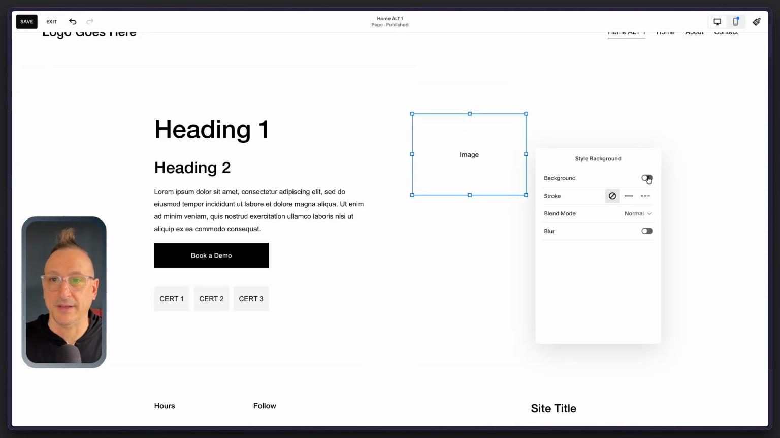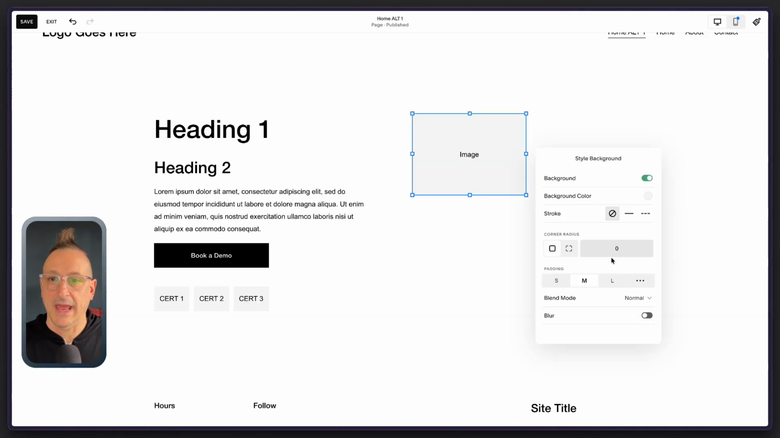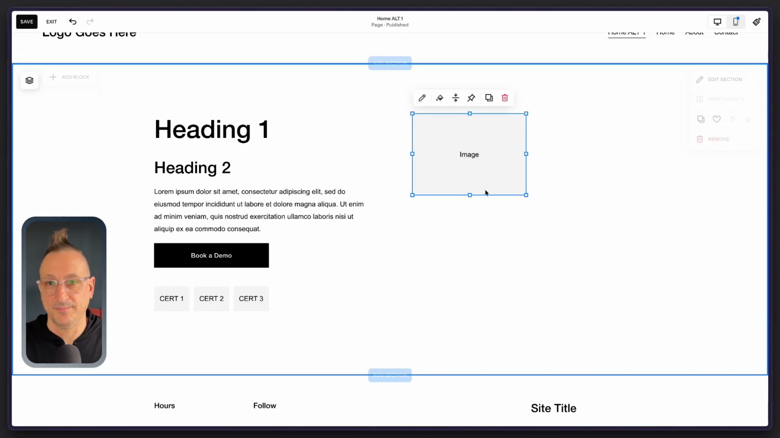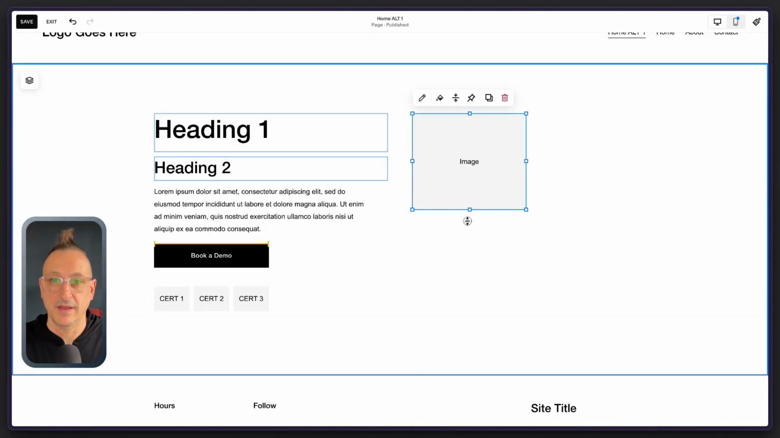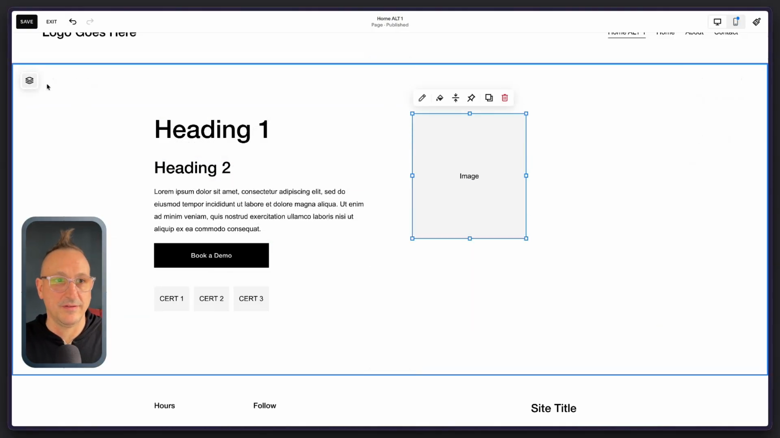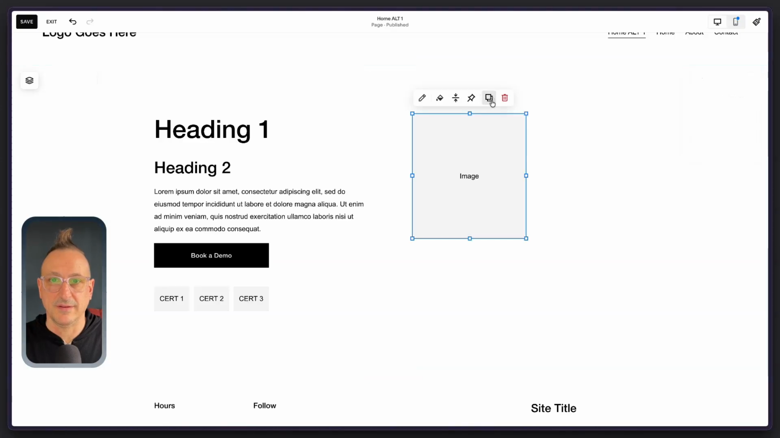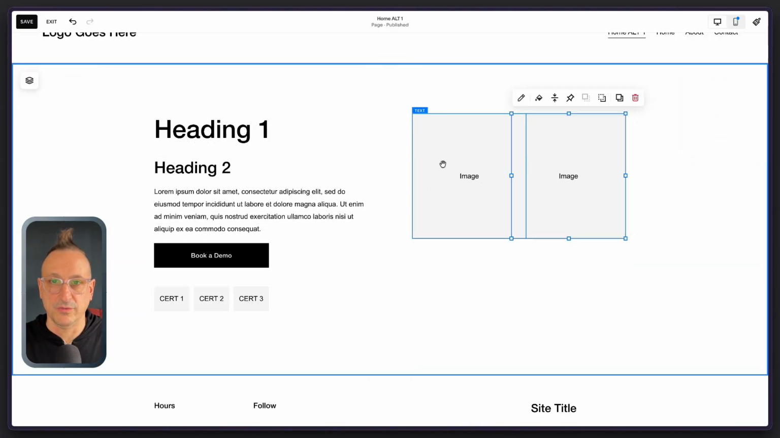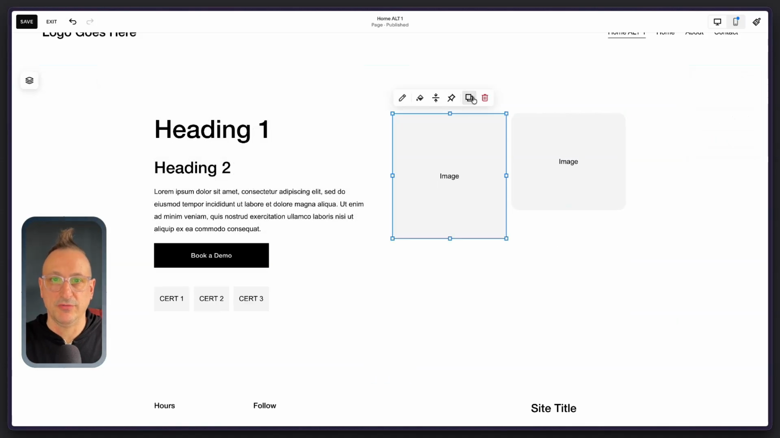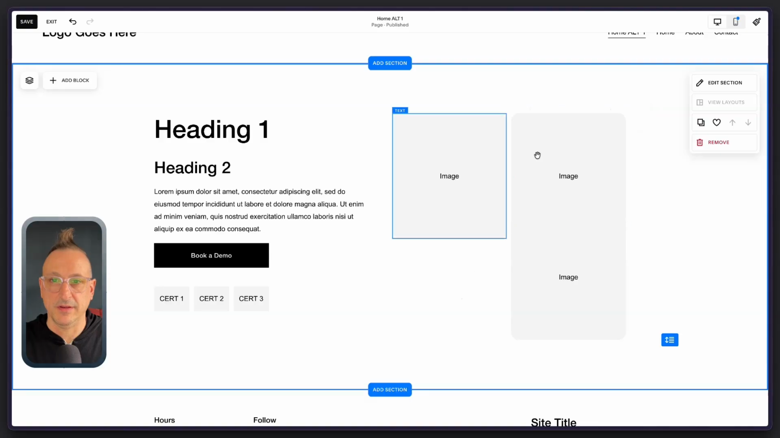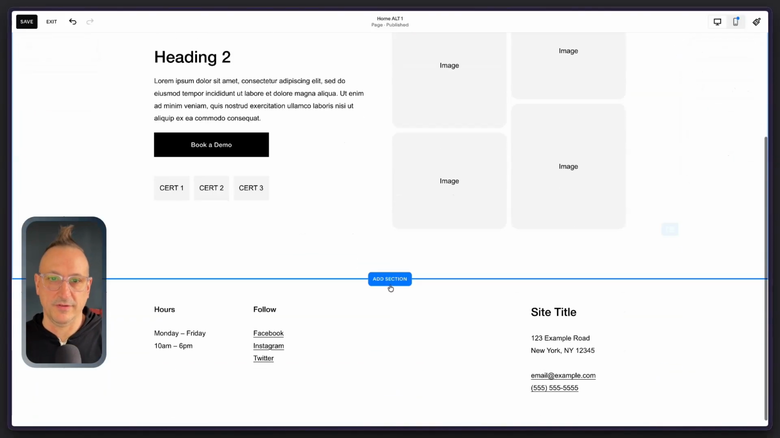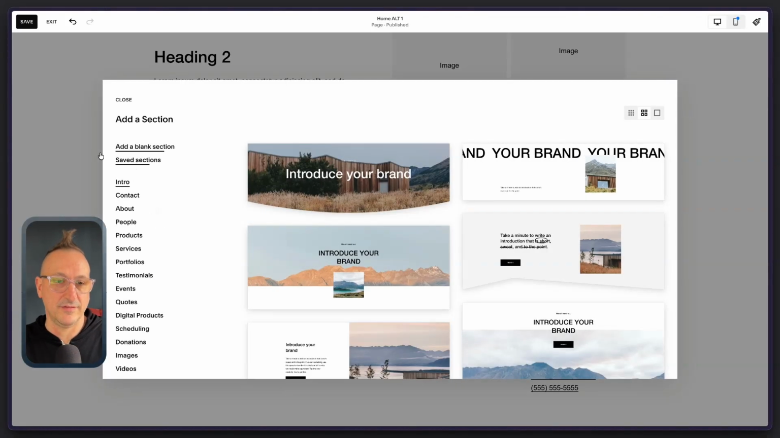But if I hit this bucket and go to background and put a corner radius on here, because that would be part of the brand, then we have that all set. So let's duplicate this because the design I want to show here is something of an old school, sort of wall, Pinterest style wall here. So image and duplicate this image, and there. Now we've created a hero with some images, and add a section or